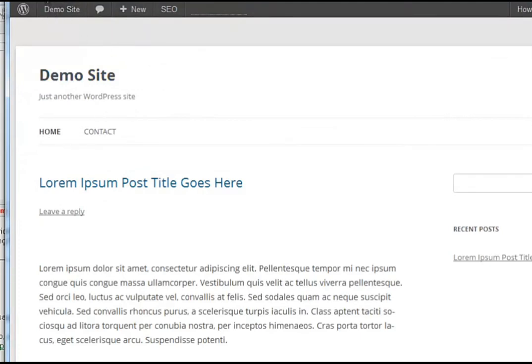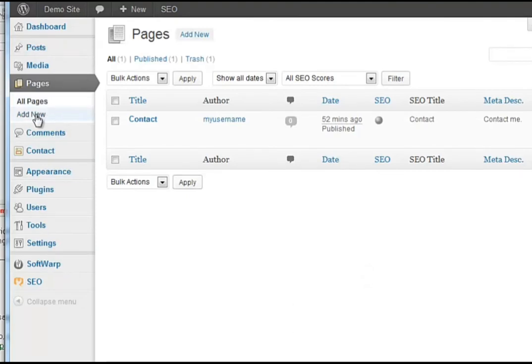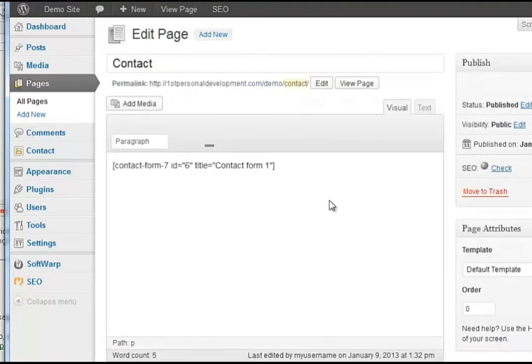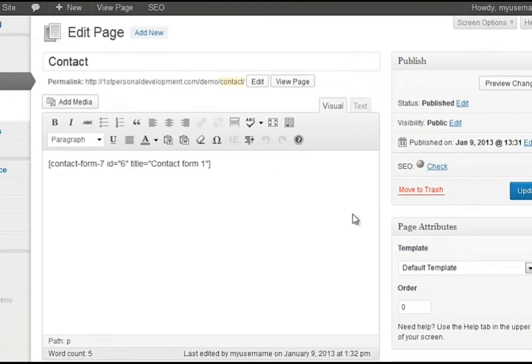So I'm going to add another page, and actually what I'm going to do, because I want the contact page to be around about the right hand side of the menu bar, what you can do is a little thing called order. That normally defaults to nothing and it just then goes alphabetical, but if we put that to 100 and go update,